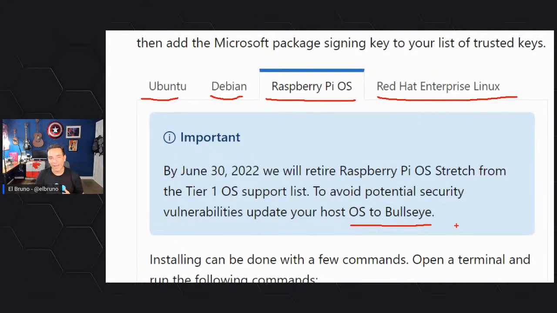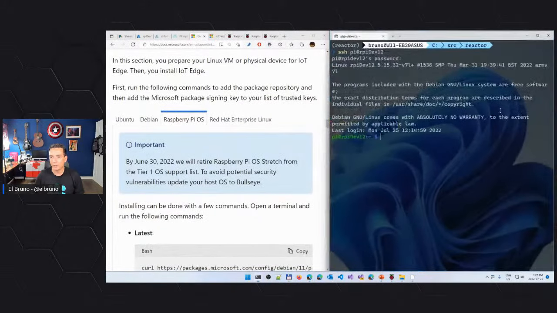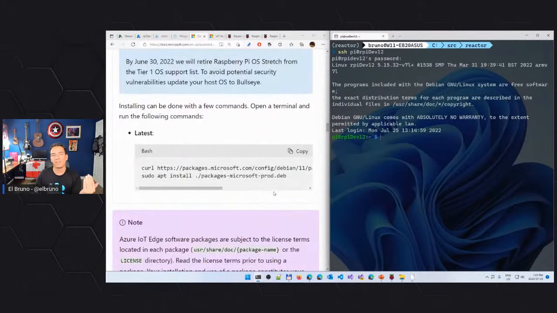I need to write about it, because I was planning to do something today in Bullseye, but I basically chose, okay, you know what? Let's keep this in the Raspberry Pi OS, which is the most popular one. And the idea is that once you have this, it's super easy to use. So what I am going to do, let me do a side-by-side. Let's do this one here. Let's do this one here. I am going to review the step-by-step